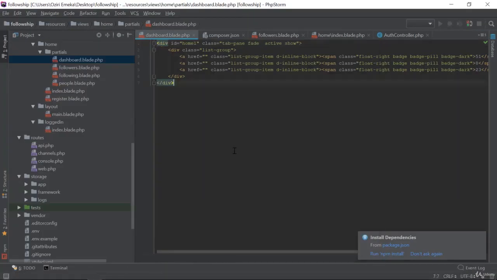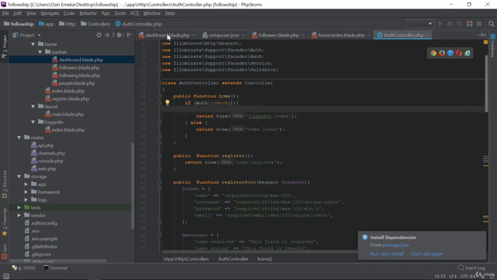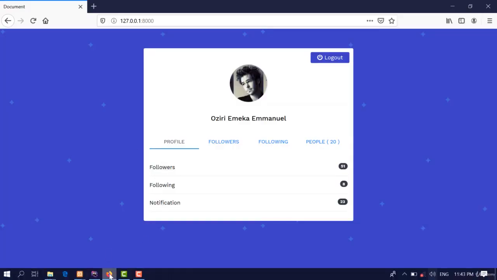There's a lot to do, guys. So first of all, I want to advise you not to write PHP code in your view. It is not advised, and we are going to write the code in a controller. So remember, if auth check, if the user is logged in, we want to send this view. So we will be sending all of our data into this view. The first thing we want to do is to provide data for this list, which is the followers, following,